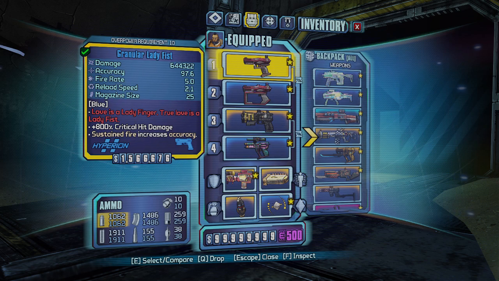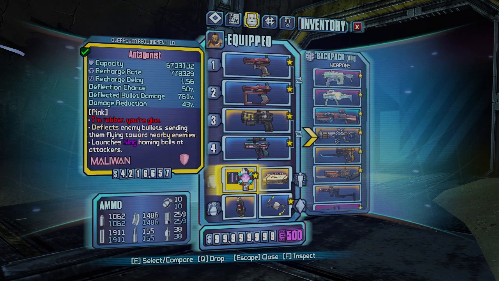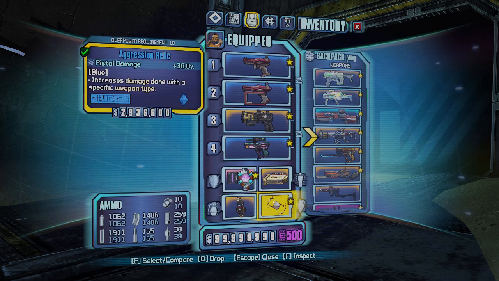B I would use when I'm using the Lady Fist. When I'm not using the Lady Fist, I'm going to use an Antagonist just for a little bit of extra tankiness. We've also got a relic here, pretty average one at the moment for increased